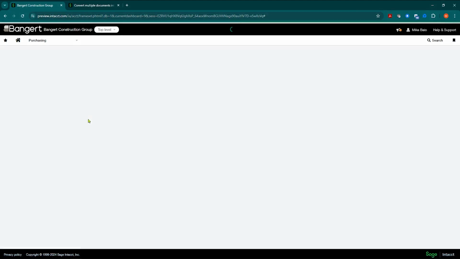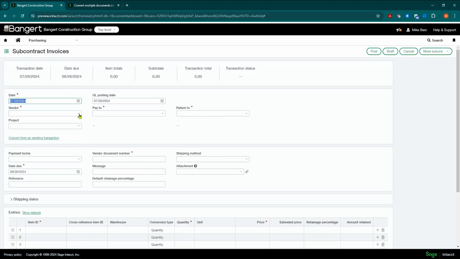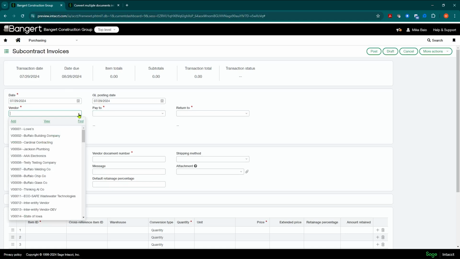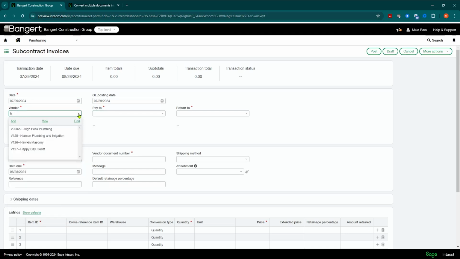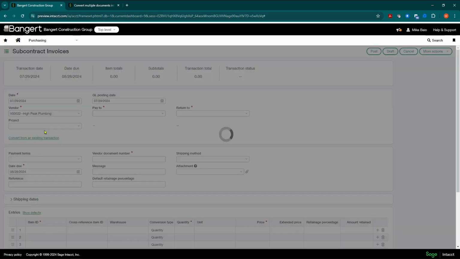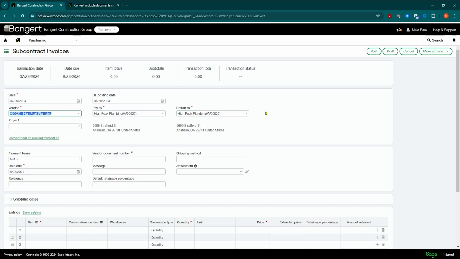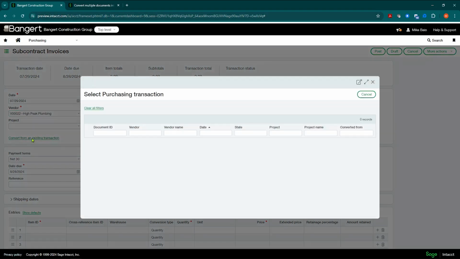You select your vendor, so I'm going to pre-fill High Peak Plumbing. Then you can click convert from an existing transaction right from here.